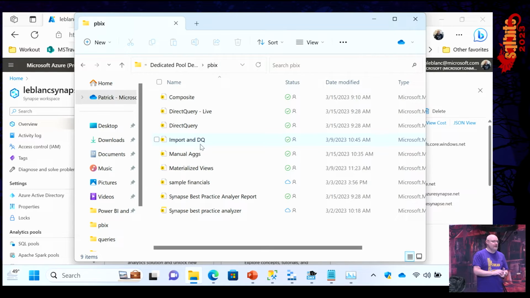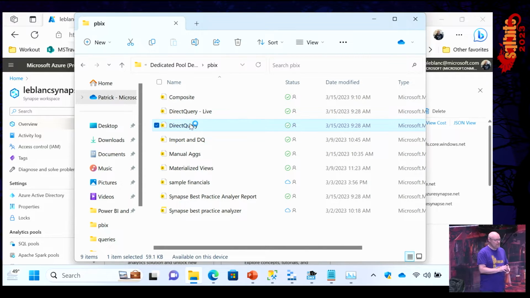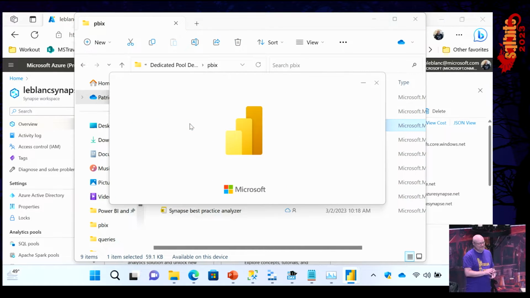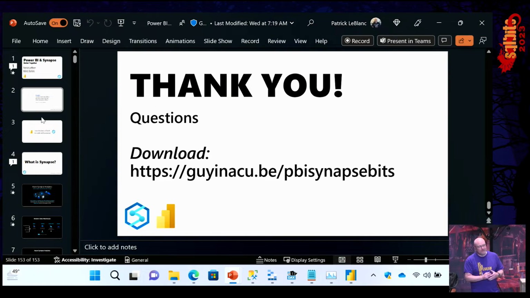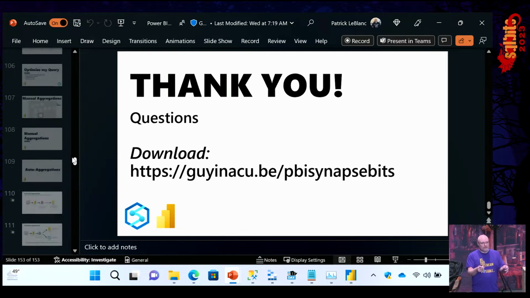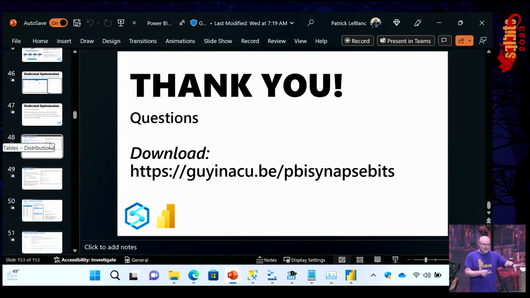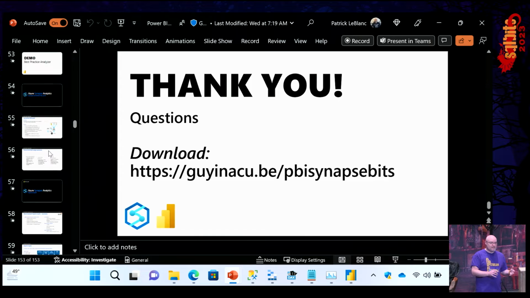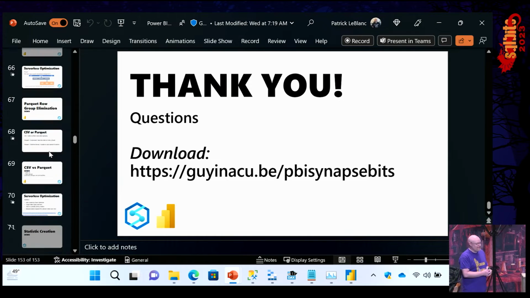And so one of the layering options that's available in dedicated pools is this concept of a materialized view. Oh, we don't have those slides. Right, I didn't have the slide. Sorry. That's great. So the materialized view is basically like a cached result that's on the SQL side, right? So it can improve and speed things up.